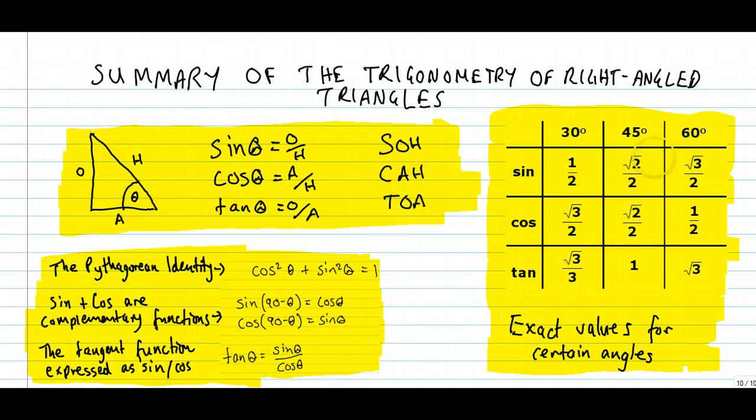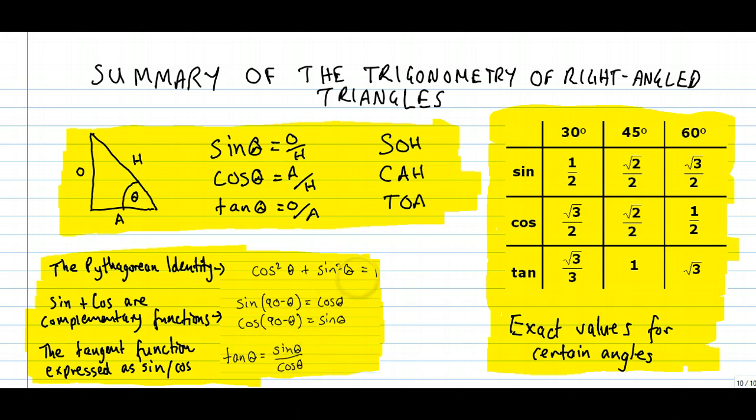We've got the exact values for certain angles that are produced when you put 30, 45 and 60 into those 3 sine, cos and tan functions. And we've got these 3 special identities, or special features of trigonometry: the Pythagorean identity, the sine and cos are complementary functions expressed in these equations, and that the tangent function can be expressed as sine theta divided